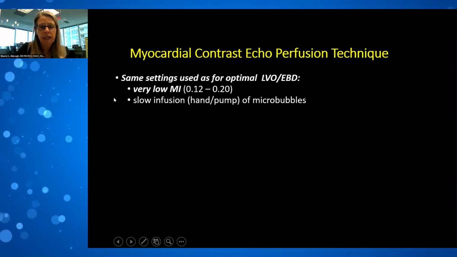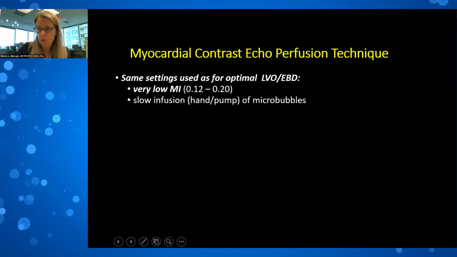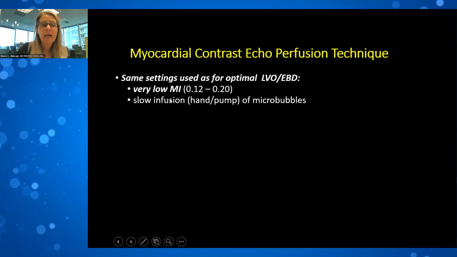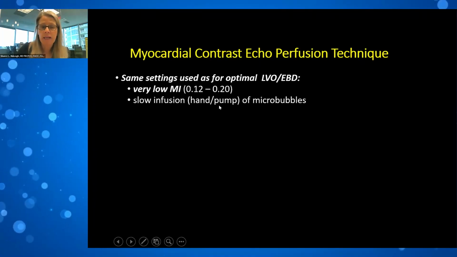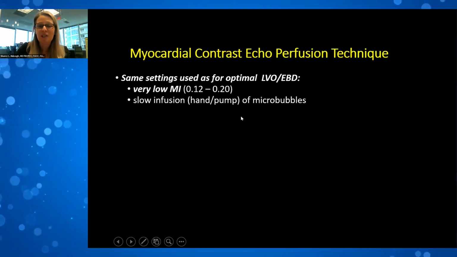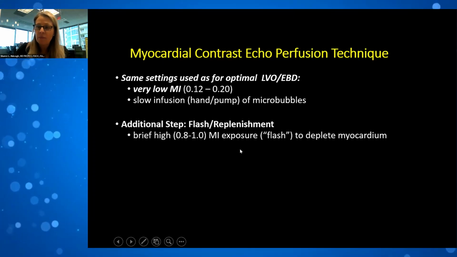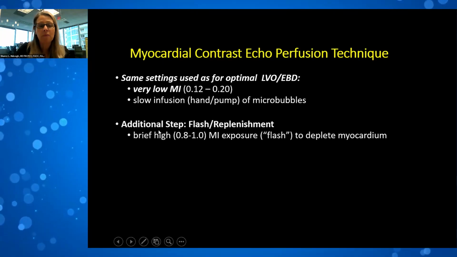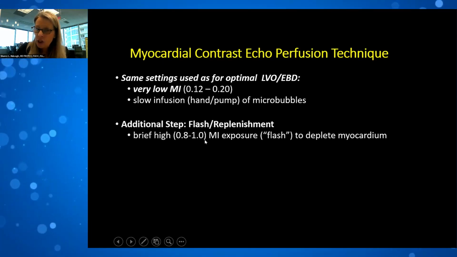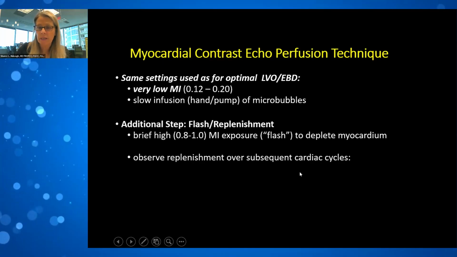And just to review the perfusion technique, the advantage is that we use the same settings that we use to have optimal left ventricular opacification and endocardial border definition. We prefer to use very low mechanical index imaging with a slow infusion with either a hand or pump, depending on the agent that you're using and the country that you're in as to which you're likely to use. And then the additional step of doing that high, when you get a steady state appearance of the contrast microbubbles within the myocardium, you administer a high mechanical index, generally on the order of 0.8 to 1 flash exposure to deplete the microbubbles in the myocardium, and then you observe the replenishment as they come in over the next